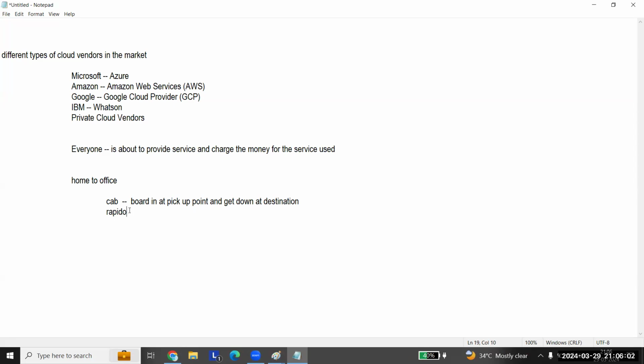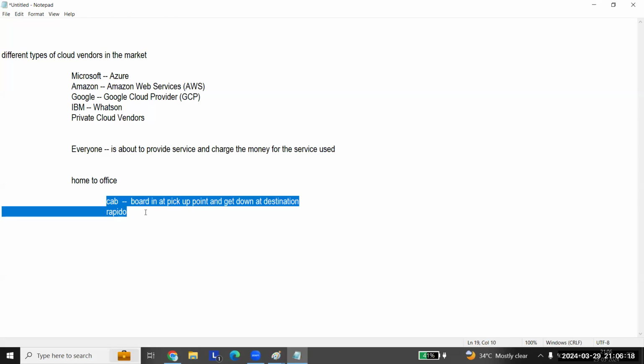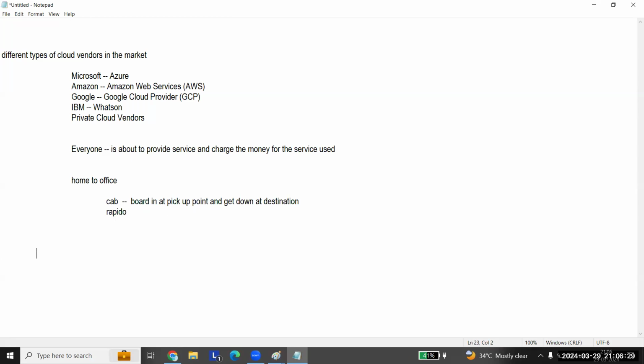So you are not bothered about the cost of the bike, the service charges, the petrol you want to pour, or the insurance. You are not bothered, you are just using the services. You go to Ola or Uber or Meru, whatever you do, you just book a cab. This is how you do it. But if you want to have your own car, what will you do now?